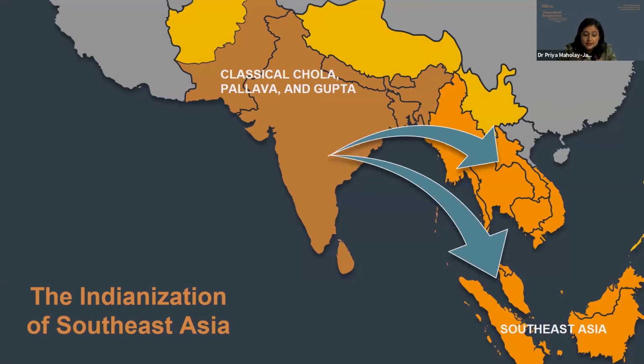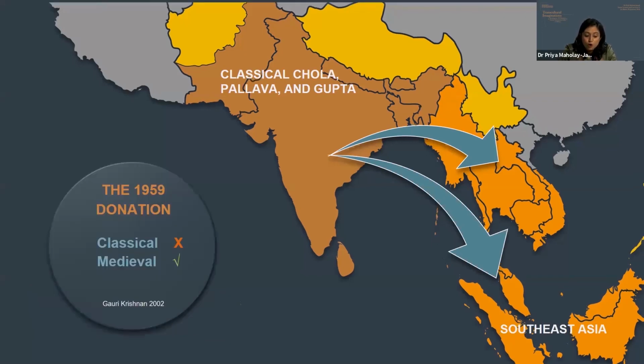So, friends, if this donation intended to promote the theory of Indianization of Southeast Asia, by right, it should have included more Gupta, Chola, and Pallava pieces. However, the donation consists of more medieval sculptures as opposed to classical pieces. In fact, we get only 2 sculptures to represent the classical Gupta period and none at all from the classical Chola or Pallava periods. As explained by art historian Gauri Krishnan, there is a strong chance